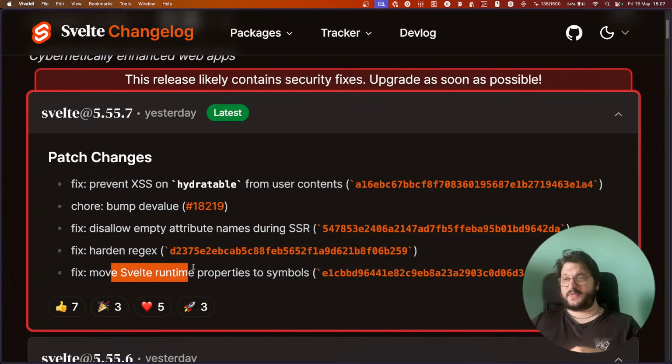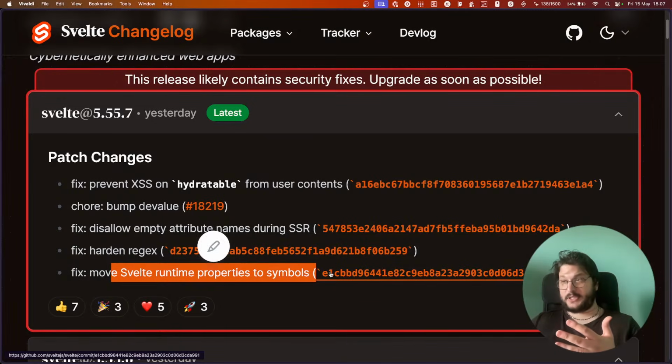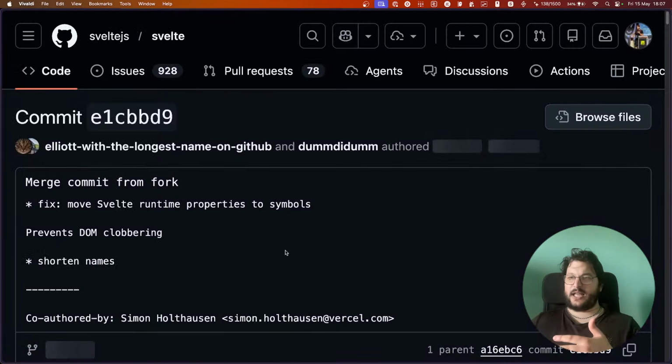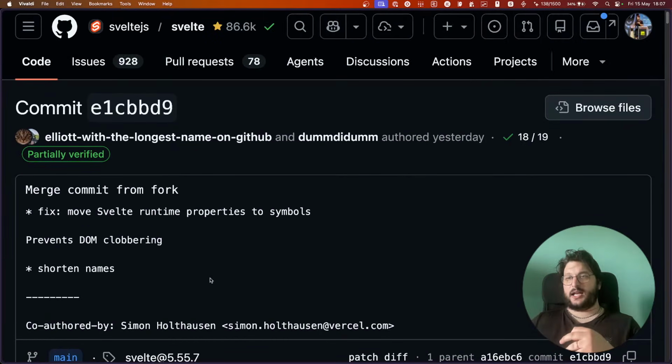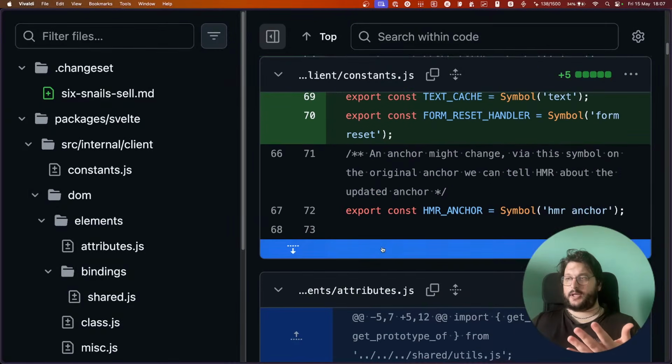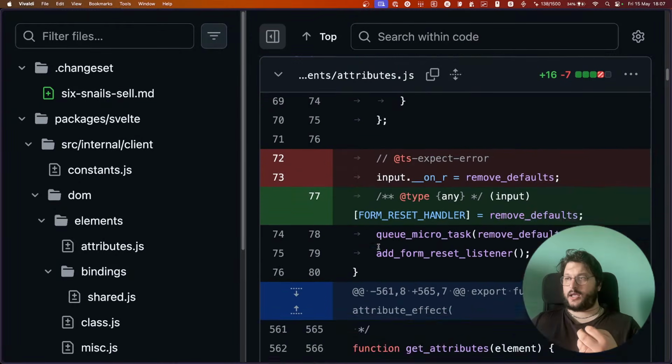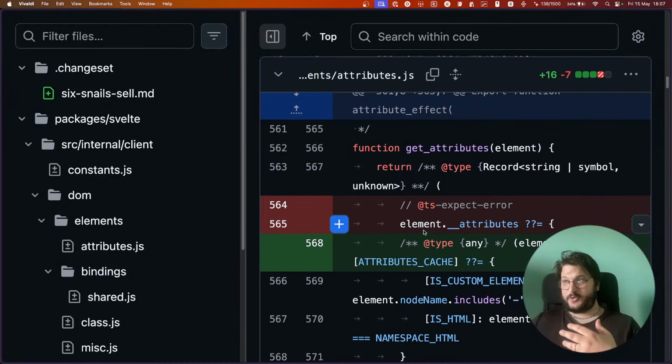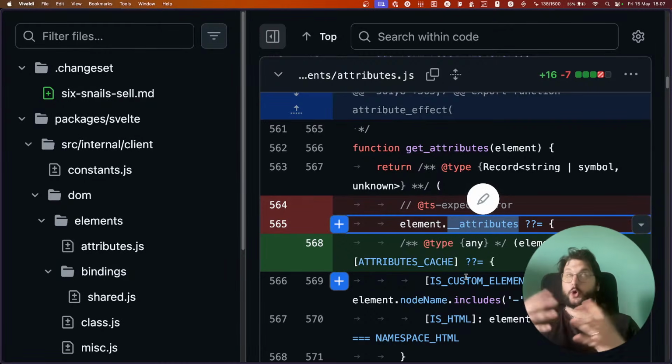And moves Svelte runtime properties to symbols. That's another small thing. Basically in our runtime, you see that we attach something to the HTML element itself, underscore underscore attributes, to store the old attributes in the cache.